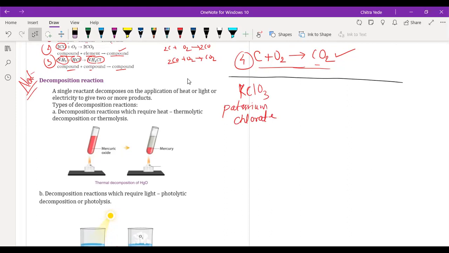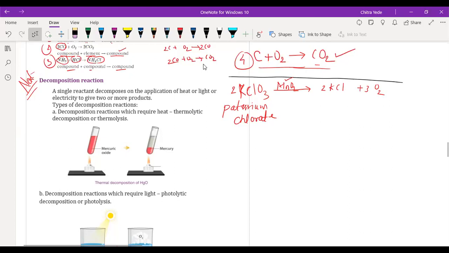You know, when potassium chlorate dissociates in presence of MnO2, MnO2 is a catalyst. It is used to increase the rate of decomposition of KClO3. So it is only the catalyst. When KClO3 dissociates, it gives potassium chloride, KCl, along with oxygen gas released. Again, we have to balance this reaction. So in order to balance, I'm going to write 2 over here, again 2 coefficient here, and 3 here. Now the reaction is balanced.